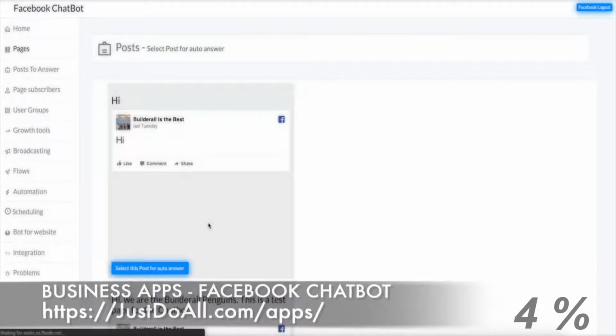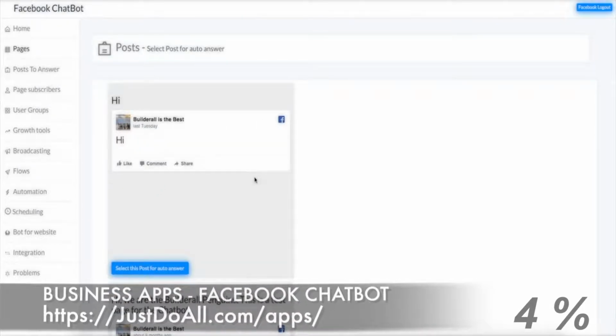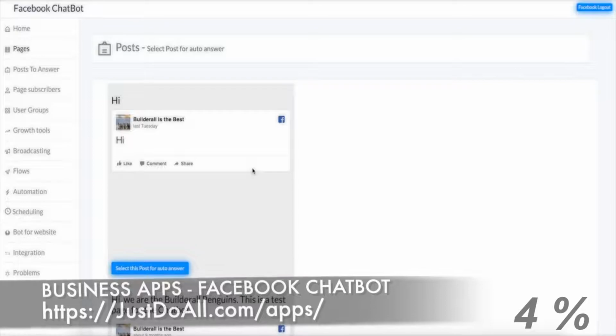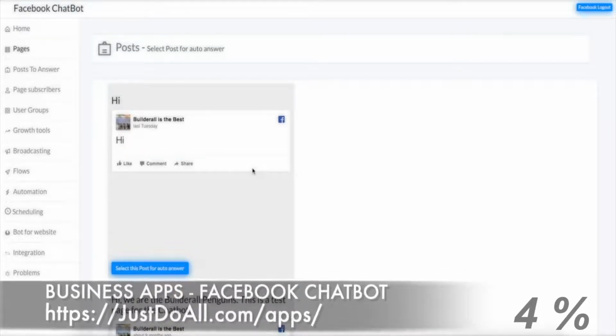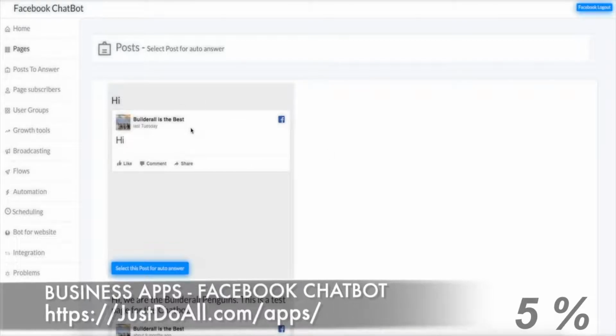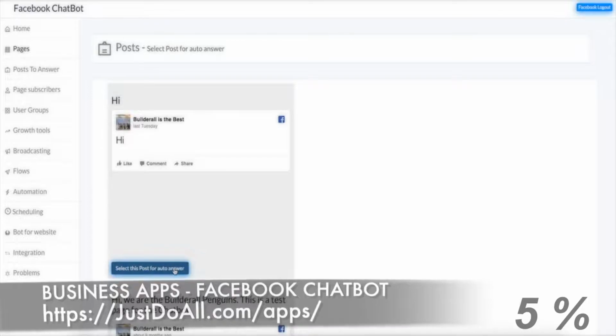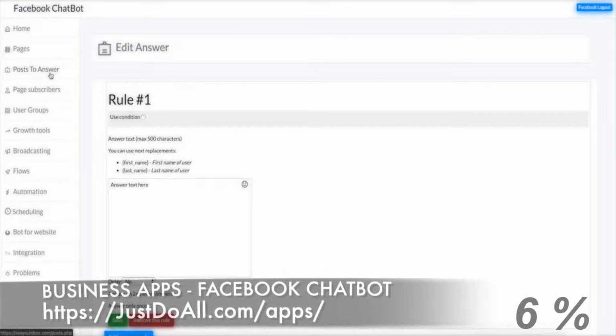Let me view some posts here. These are any of the posts that I've made to the account. You also want to make sure that your Facebook account is published and viewable by the community, so that you can actually access these and see what they look like. So I'm going to select this post for auto answer, which is automatically going to take me to the post